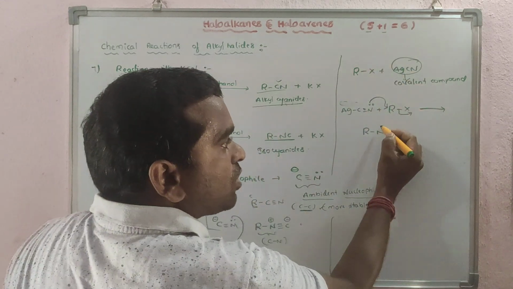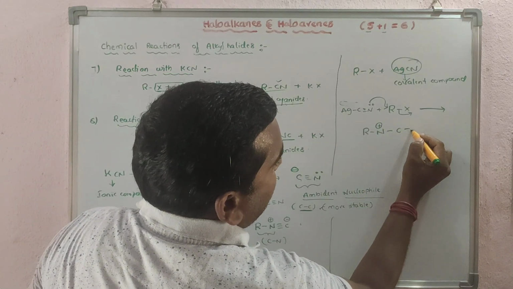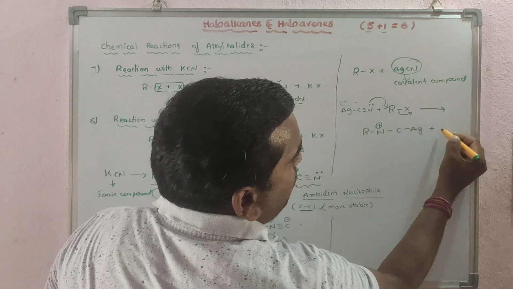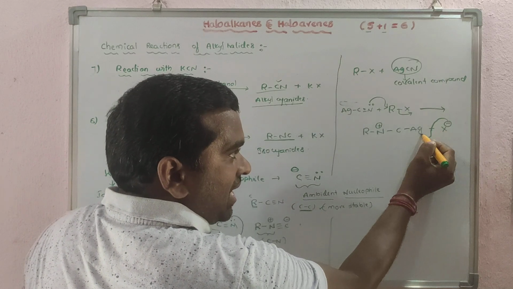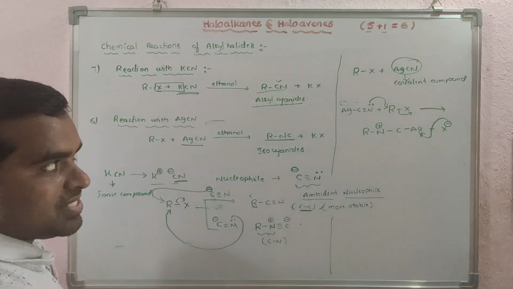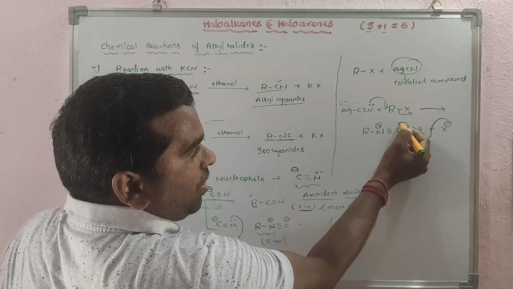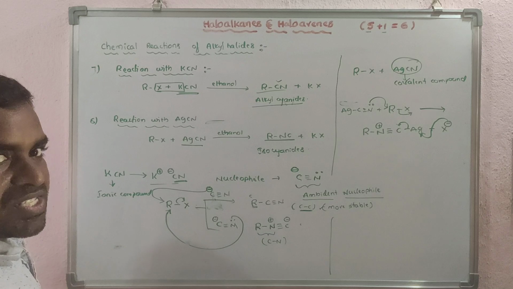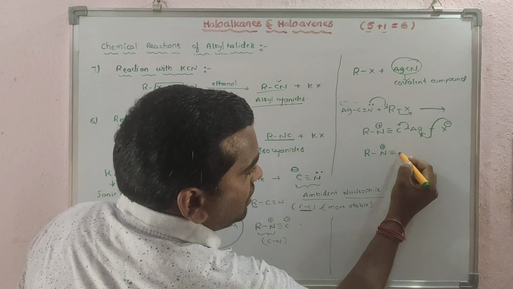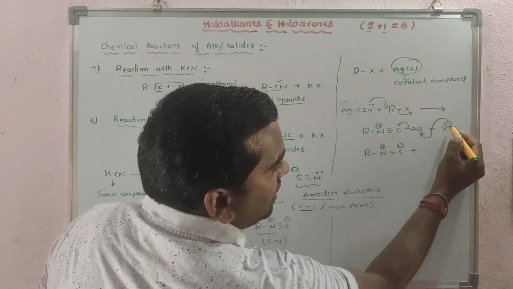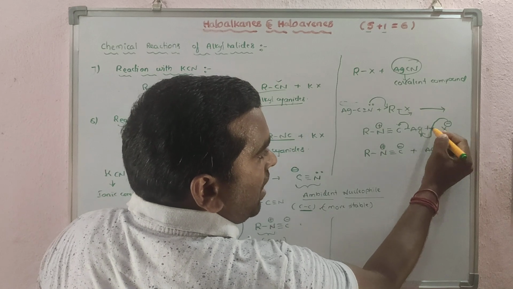Nitrogen is giving electrons, meaning it is losing an electron and gaining a positive charge, and you will get the carbon, and here Ag plus. What is removed here? X minus is removed. That's why X minus combines with the Ag plus, because here it is Ag plus, then this bond's electrons will move towards the carbon. Then what compound will you get? R, N plus, triple bond, C minus, plus AgX. Clear? This is Ag and X minus.